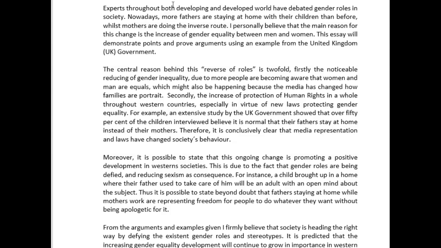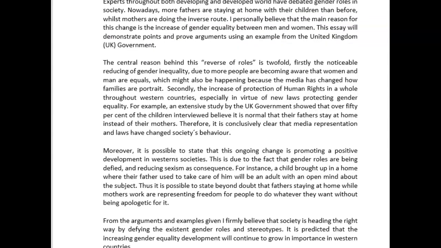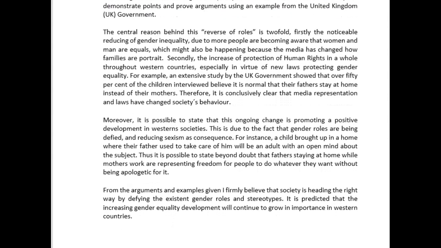Okay, you didn't say if it's a positive or negative. Okay, so I'm going to jump out on a limb and say you assume it's positive. So I personally believe this is a positive change, the main reason for which is the increase in gender equality. Okay, so that's all you really need to do, just that little addition. But you do want to show that you have acknowledged that it's a 2-question essay and that you're going to address both questions in your essay.